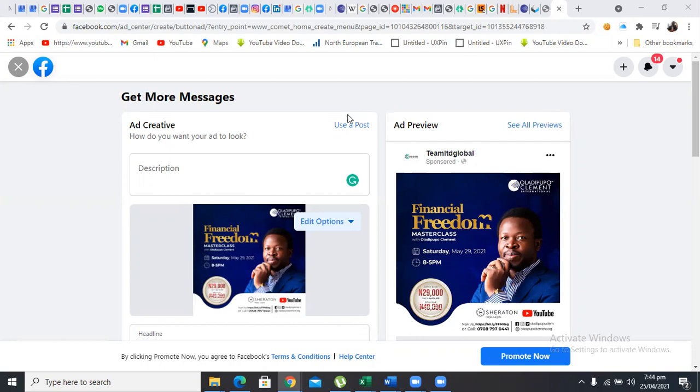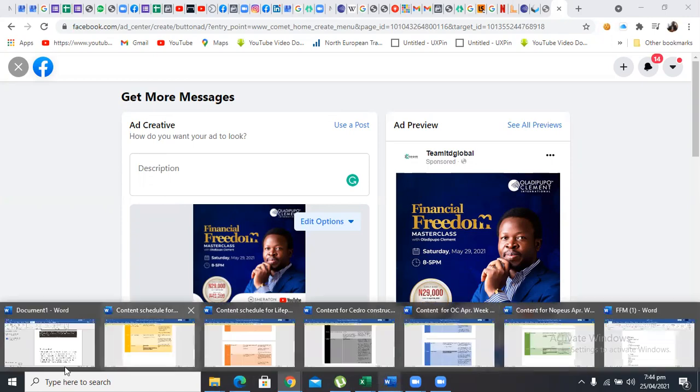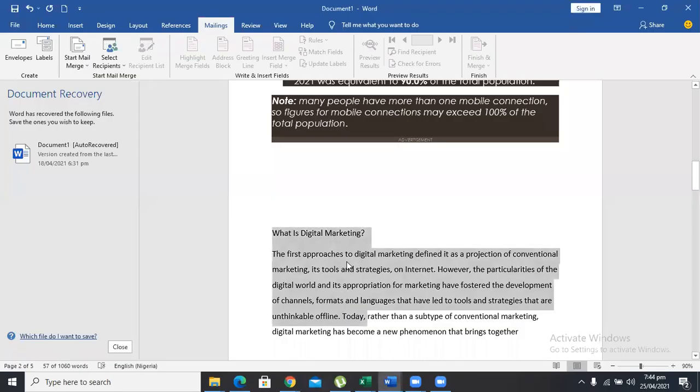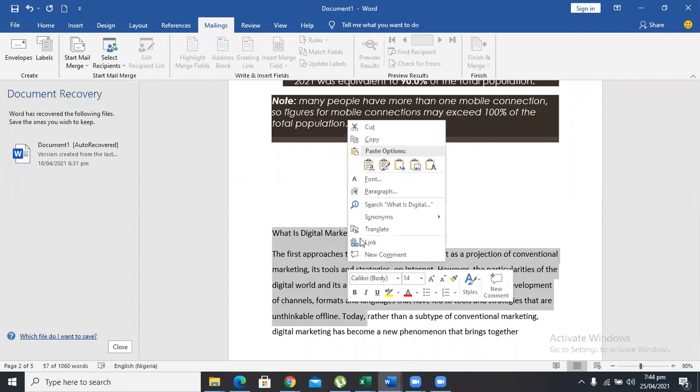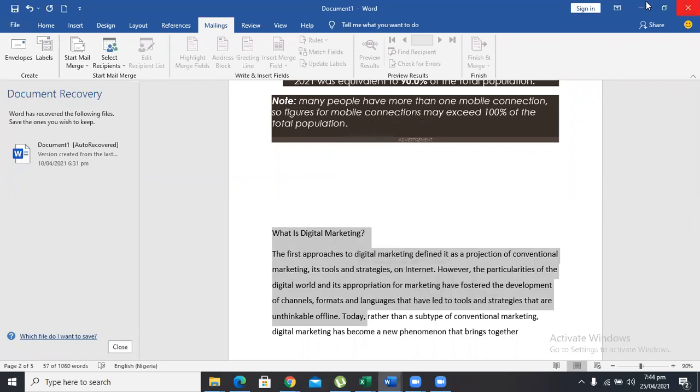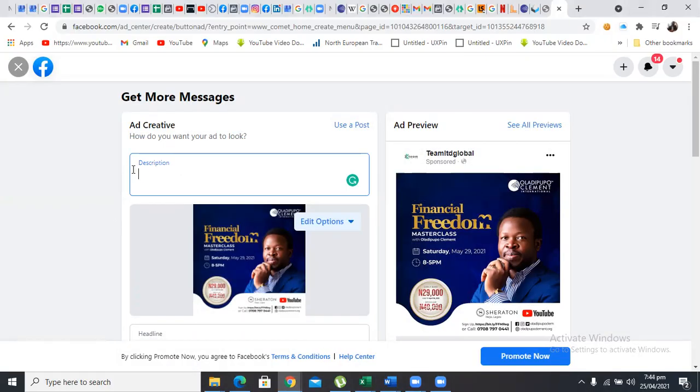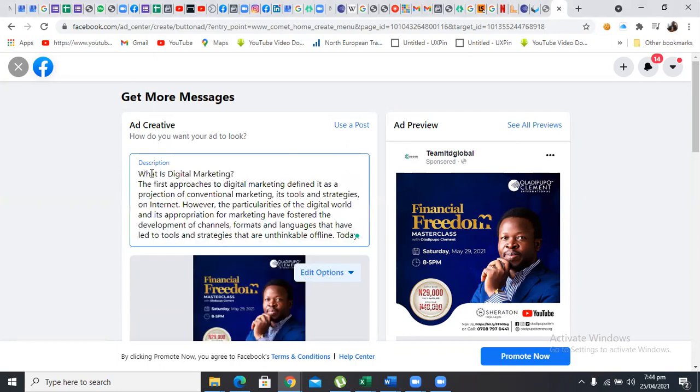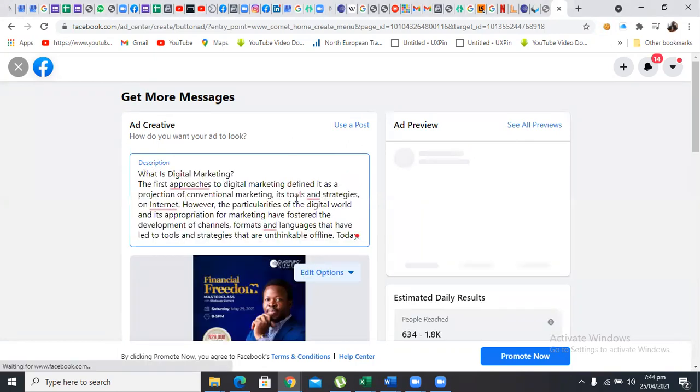So we were talking about this. I said once you get into this place, all you have to do is describe your ad. Once you describe what you want to sell to people, you just post it here. You can type as many things as possible.